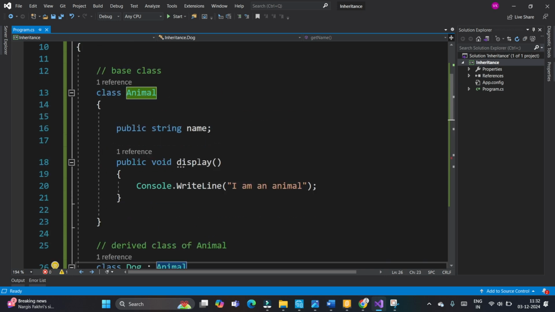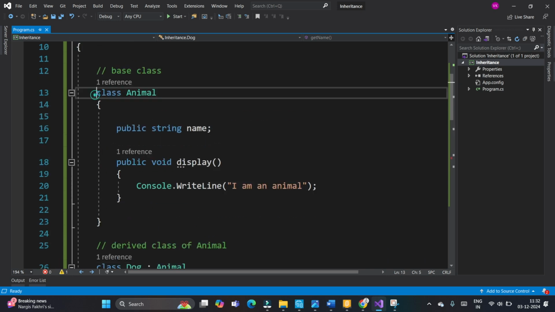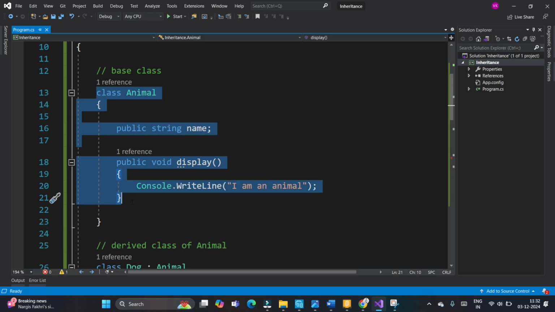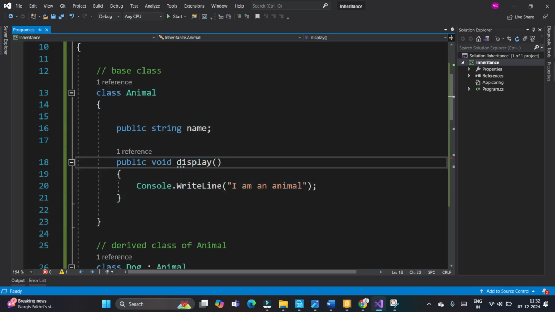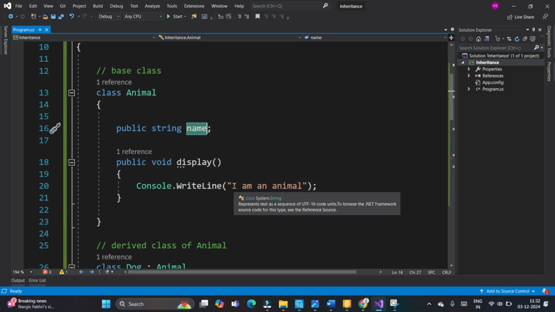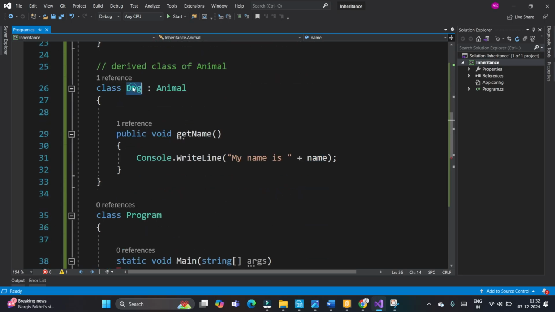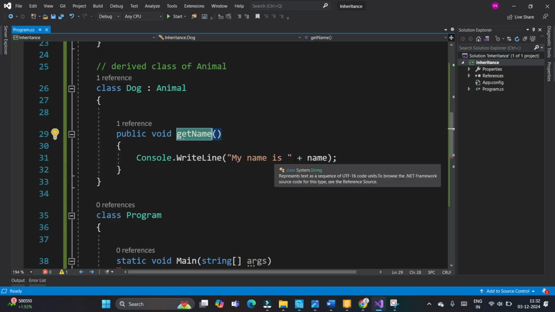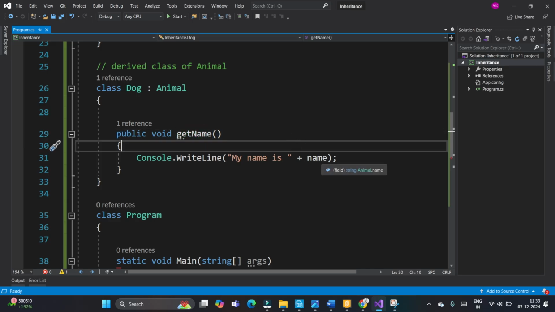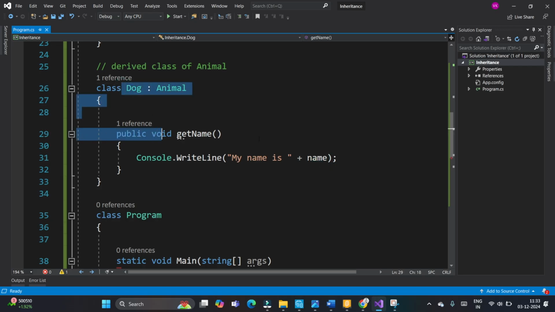Here we have an Animal class which has display and name as members, which would be inherited by the Dog class. Now we have a GetName in the Dog class, but you can notice one thing: name is not defined inside the Dog class, but we are getting access to it.